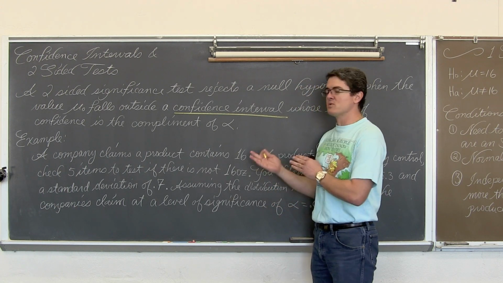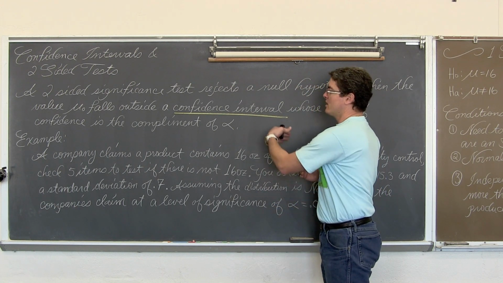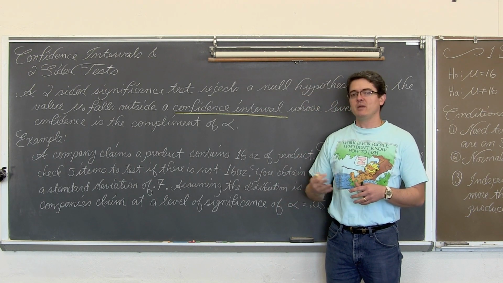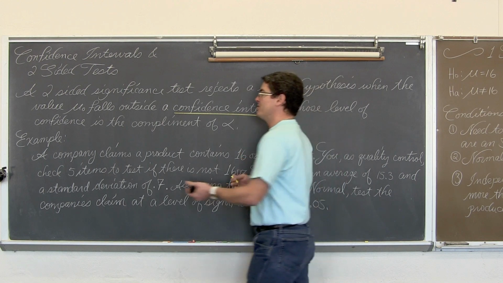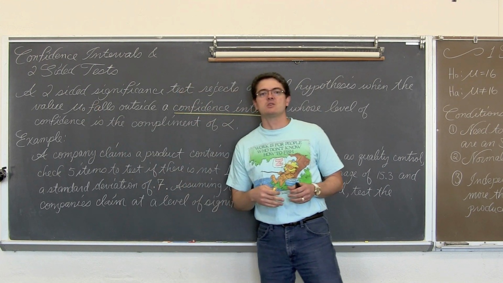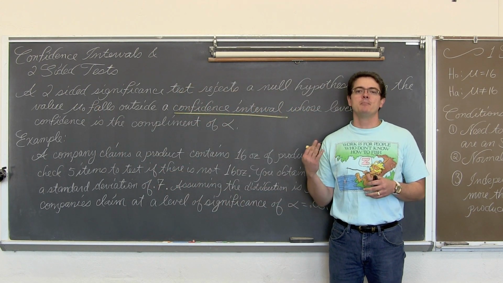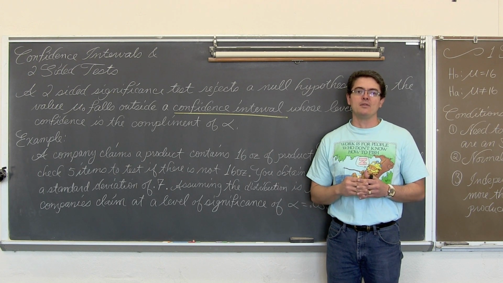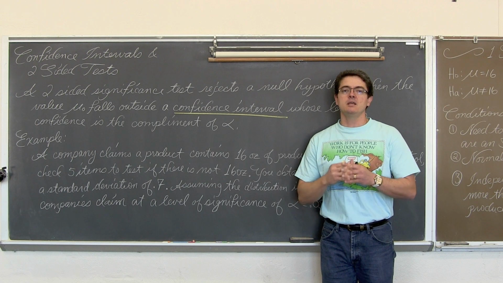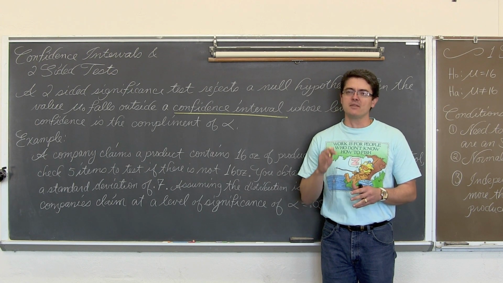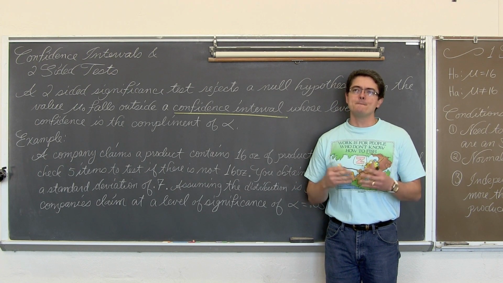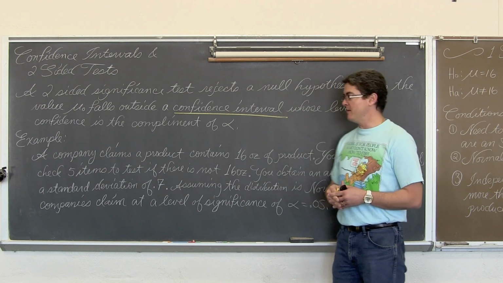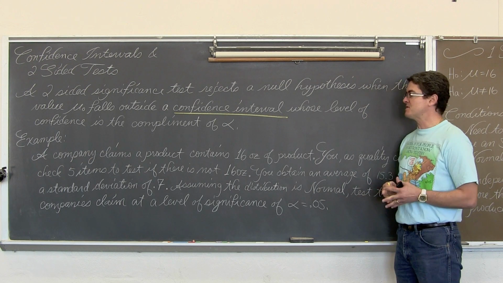Since we're talking about significance tests, we're going to have those x bars and p hats, those sample means and sample proportions, and with a significance test, you're always assuming H sub O to be true. So we're going to have this population parameter. Make sure that you center the confidence interval around the statistic, not the parameter that you're assuming to be true, not the parameter referenced in your H sub O statement. That would be a huge mistake.